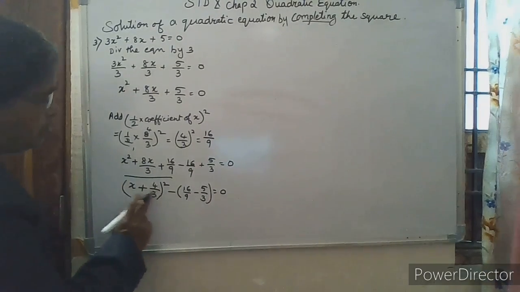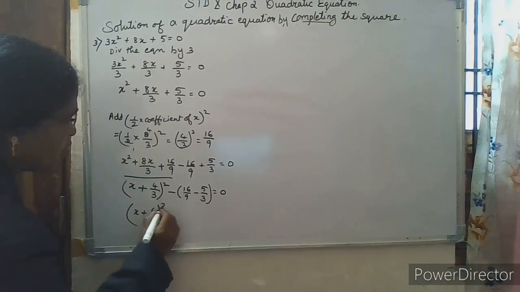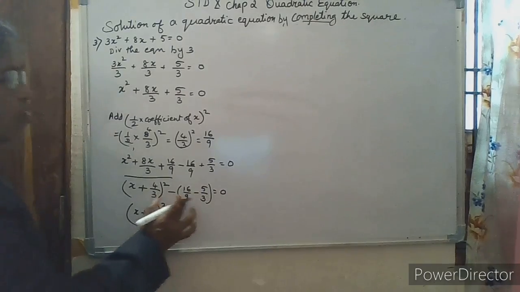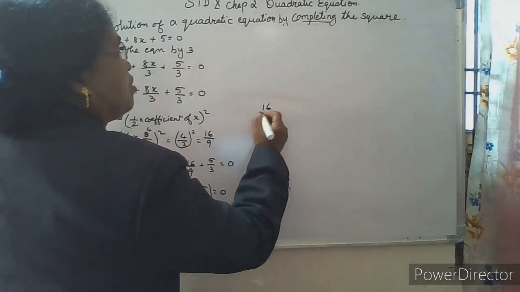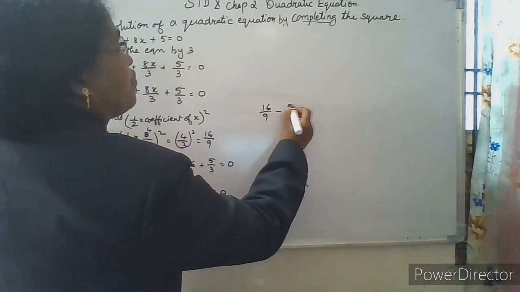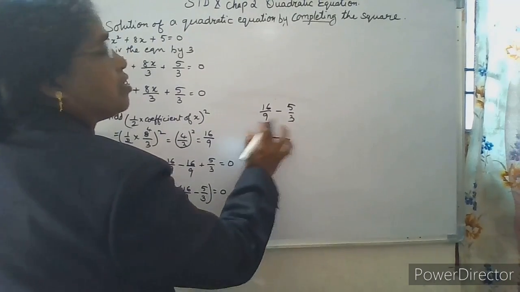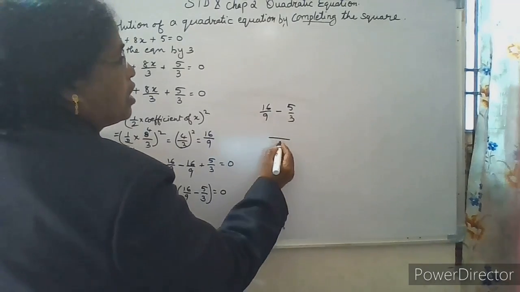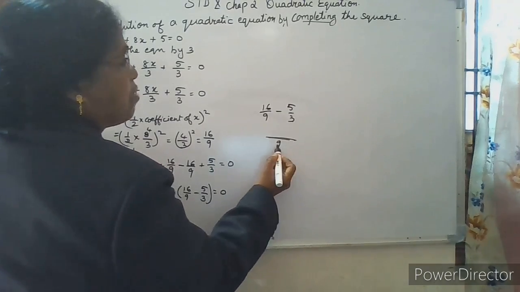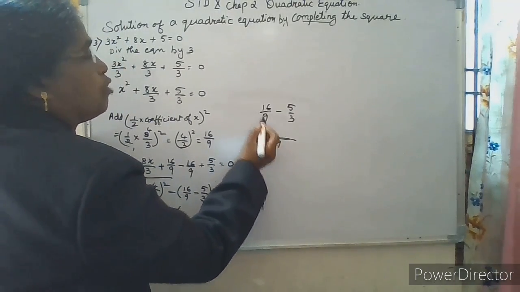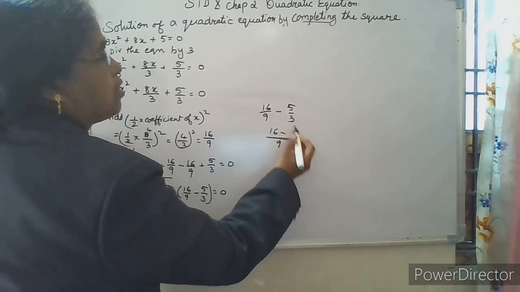Now, (x plus 4 by 3) the whole square remains as it is, minus the bracket. Now solve this. This is subtraction of two rational numbers, 16 by 9 minus 5 by 3. You learned this in primary classes. How will you solve this? 9 and 3 are multiples of 3, so 9, the greater multiple, becomes the LCM. So the LCM is the denominator. Therefore the numerator will be 16 minus the LCM divided by the denominator,